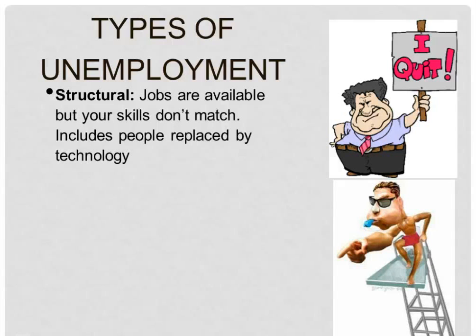And this includes people, by the way, who were replaced by technology, because in a way, if you think about it, those people's skills don't match or aren't strong enough to beat out the robots. So those folks who used to collect your tolls on the highways, who have now been replaced by EasyPass, would be considered structurally unemployed because they don't have the skills to keep up with the robot. That category gets forgotten about a lot. So it's not just people whose jobs don't match, but it's also people who have been replaced by technology.